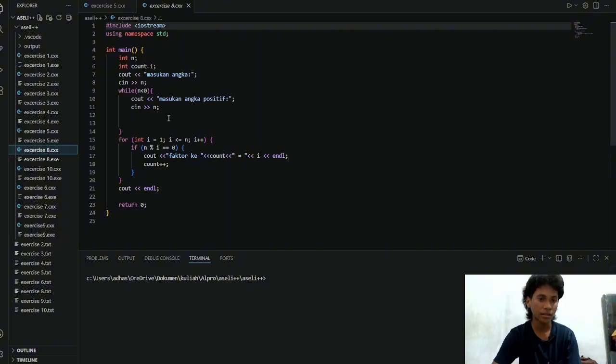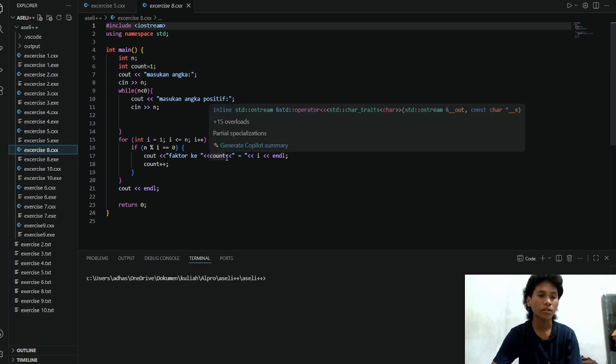escape this looping. And then after that, we use a for loop for integer i equals 1 and i less than or equal to n, i plus plus. If n modulus i is 0, which is a divisor of that number, we print out the factor number count.